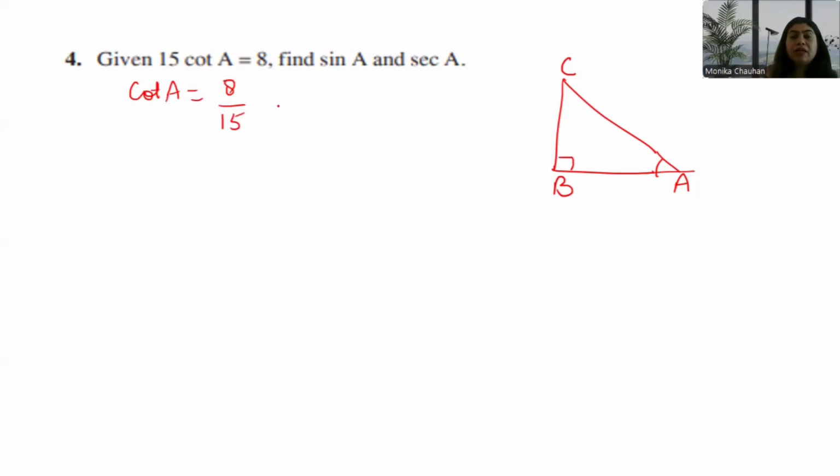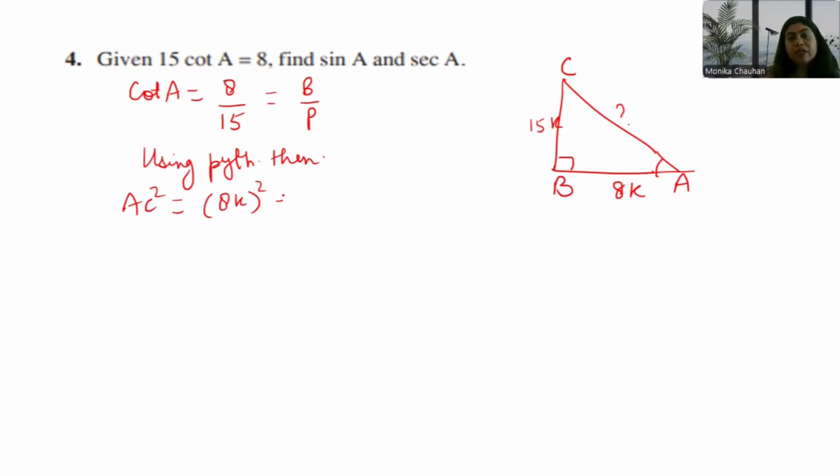So cot A. Cot A is base upon perpendicular, right? Because tan is perpendicular upon base and cot is the reciprocal of it. So base upon perpendicular. So base is 8K and this one is 15K. Understood? Now again in this, you see the hypotenuse is not given, so again you have to calculate it. I hope you have understood. We are using Pythagoras theorem in this right angle triangle. So here AC square is equal to